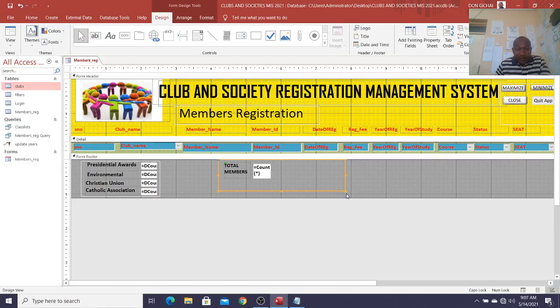Then click on that one. We change the back color. Therefore, the back color here should be transparent. You just go to back style, transparent. Then the border here should also be transparent. You don't need the borders. Therefore, it should look like that. Therefore, these are the presidential award. That way, total members. Then we need to have the total